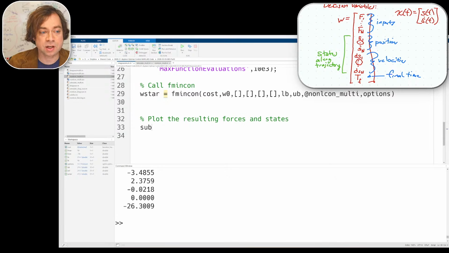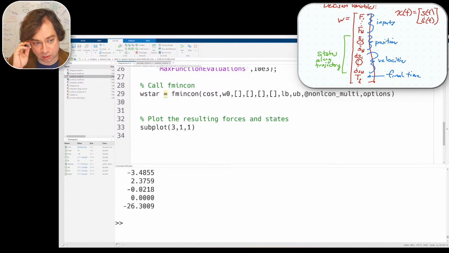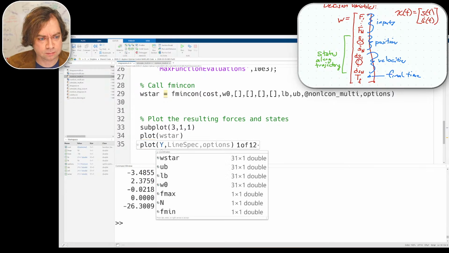So I'm going to create a subplot, which is going to have our one force and our two states over time. So subplot 3, 1, 1. This is a 3 by 1 subplot. The top one is going to be our force points. So let's just plot our force points. They are,